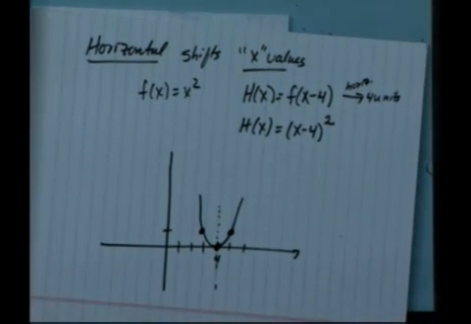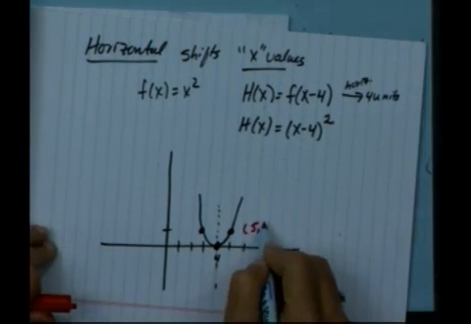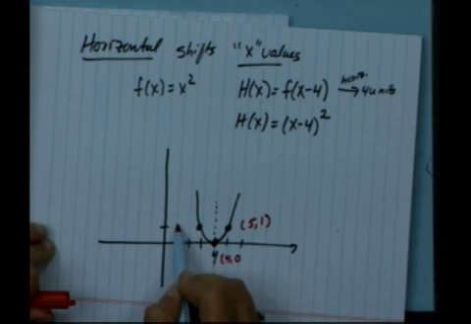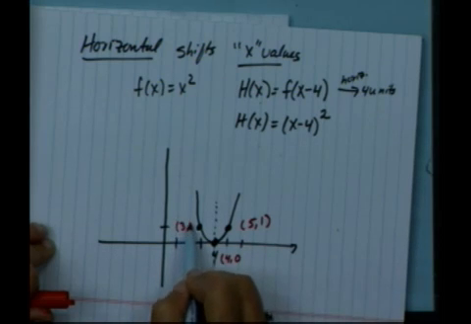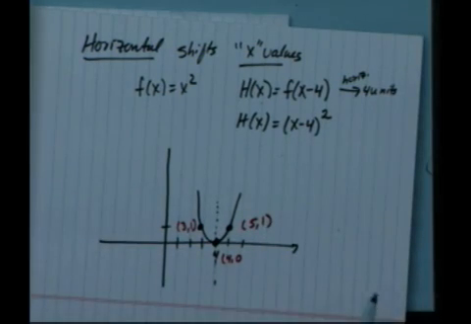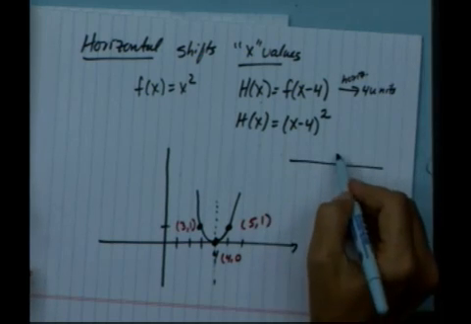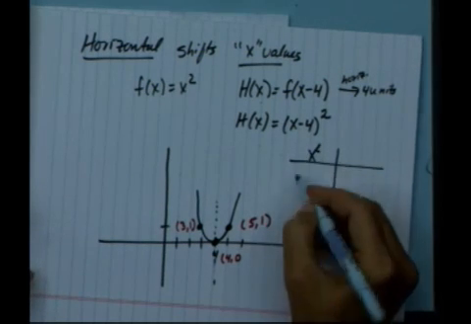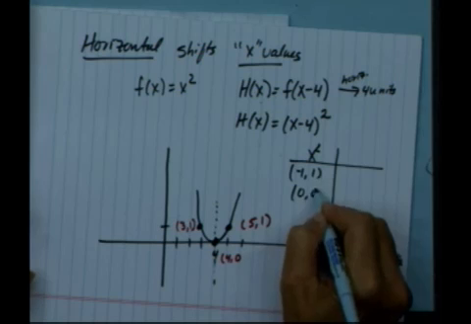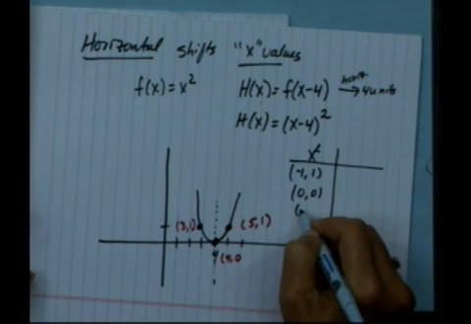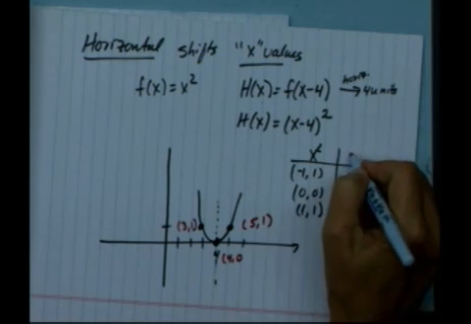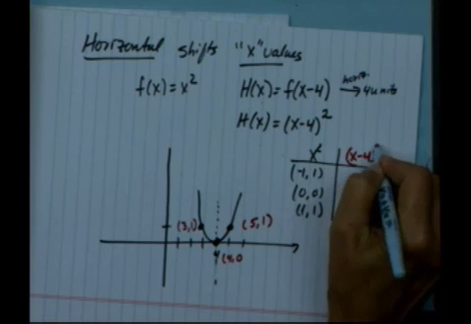But your points really are 5, 1, 4, 0, 3, 1. And let's see if I can do it with the original points. When you had x squared, you had negative 1, 1, 0, 0, 1, 1. So now when you do x minus 4 squared,